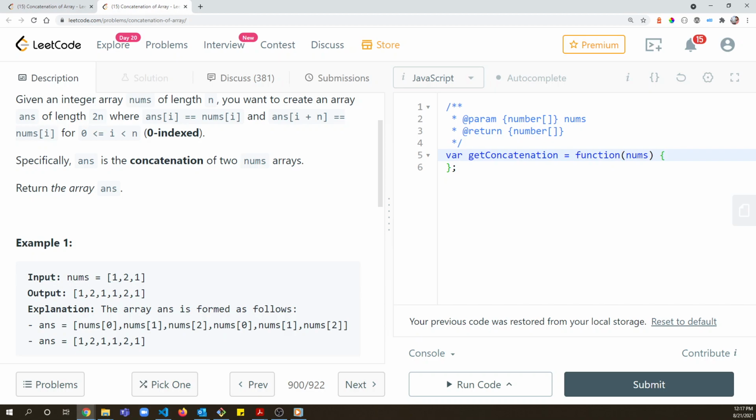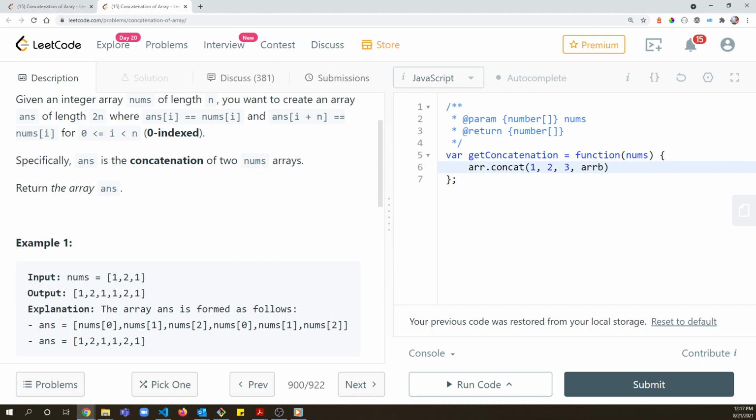For example, if I do array dot concat, the arguments can be values or it can be another array. If it's an array, it will